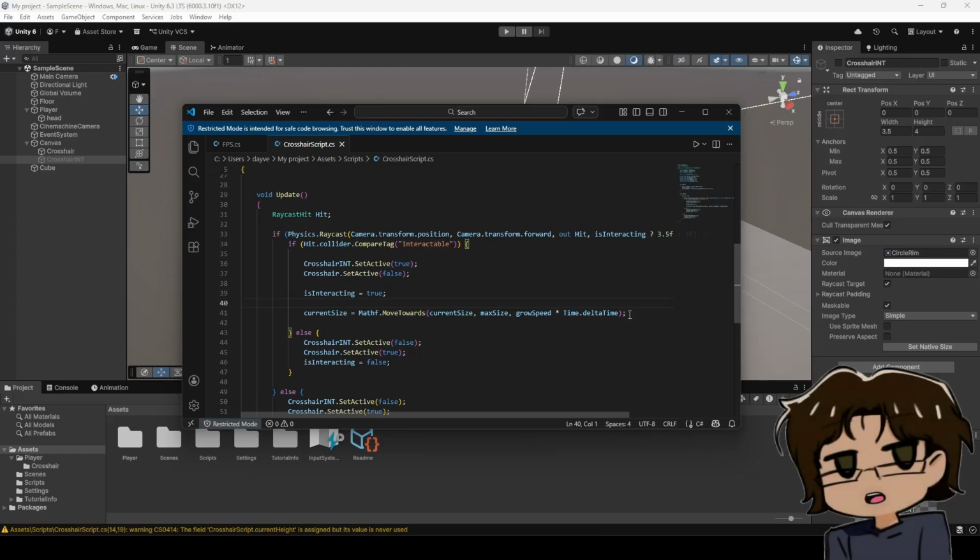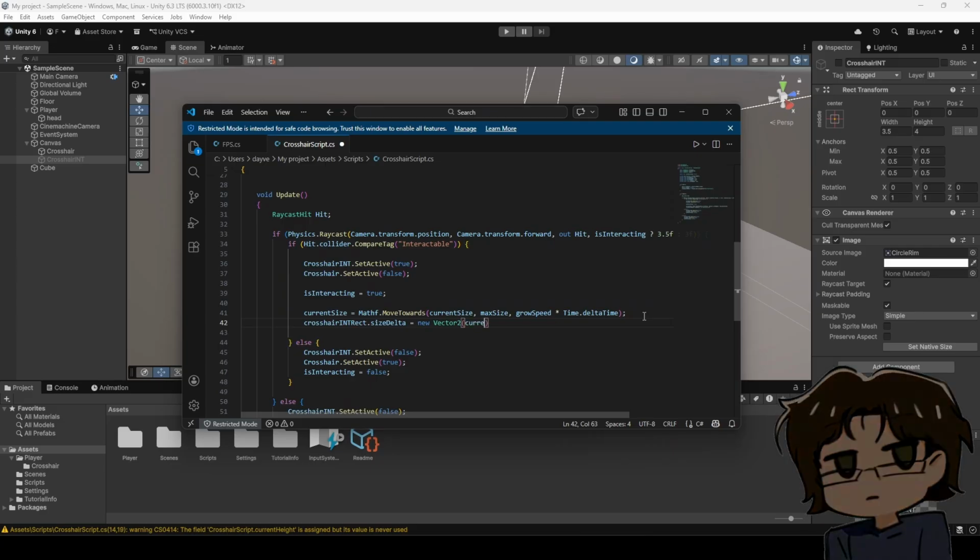And from what I know about delta time is it basically updates in between every frame that the original update's already doing, because how void update works is every single frame it will update this. And this fills in the gaps between it. And so now that we've done that, we do crosshair int rect.sizeDelta equals new Vector2 current size